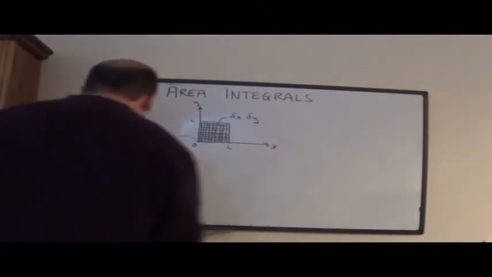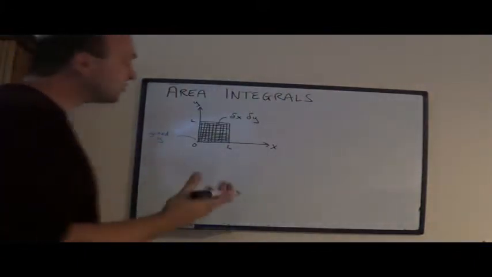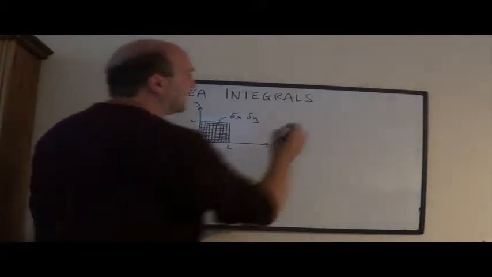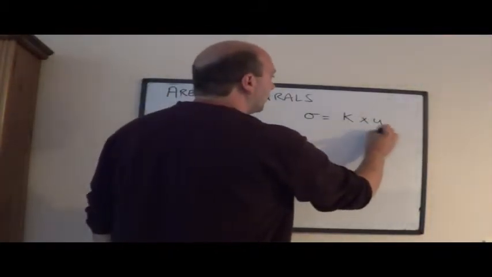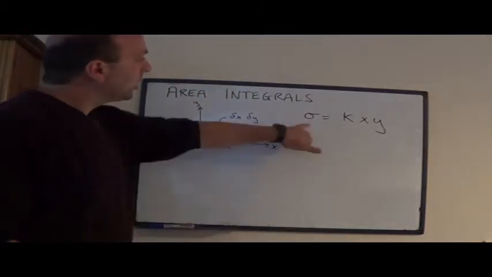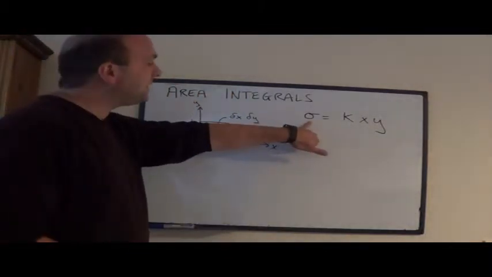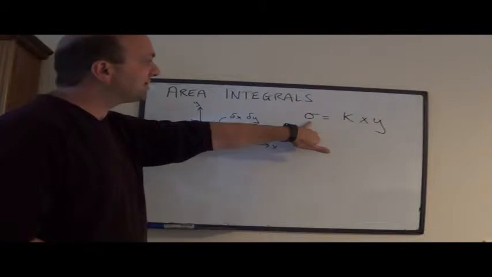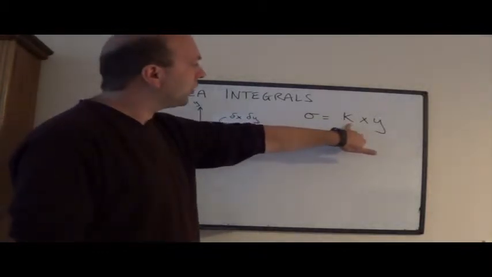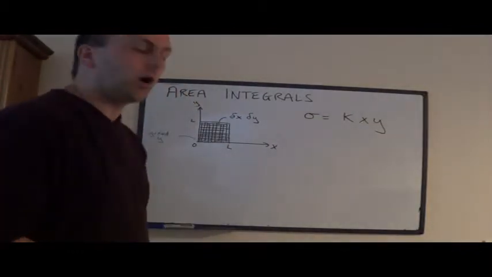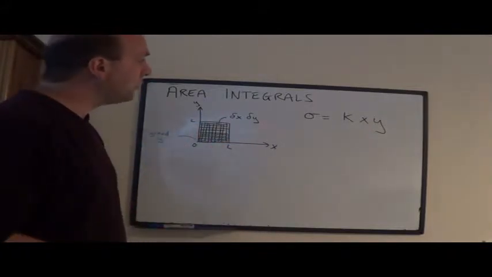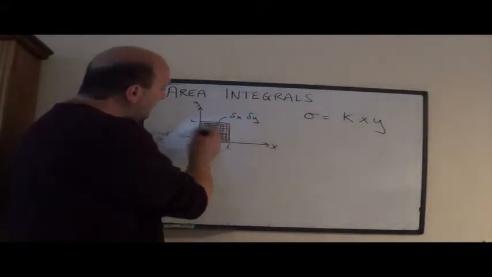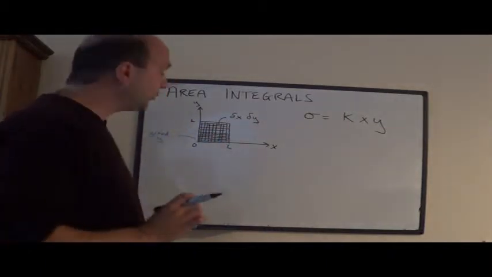Now we're going to imagine that someone has distributed charge on this plane, but subject to the following rule: that the number of coulombs per metre squared, the charge density, is given by some constant times x times y. So that varies across the plane, and I have to, therefore, divide the plane up into lots of small squares,